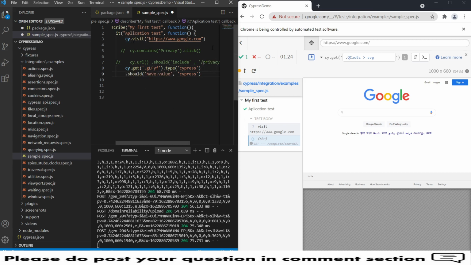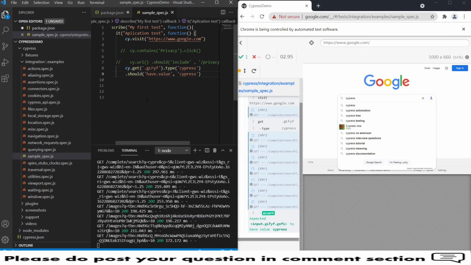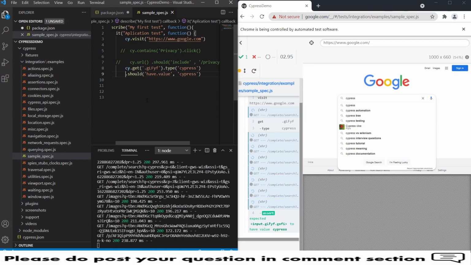So I am launching the Google browser, I mean Google search. Under that Google search, I wanted to type something, and then I wanted to see what I have typed in that Google search. So this is typing and adding assertion at the same time. So let's quickly save. Yeah, it has written Cypress, and it has performed the assertion as well. In the command log you can see the assertion as well. So this is how we write and add assertion at the same time.